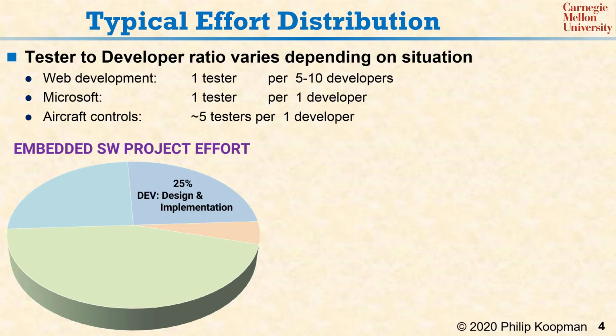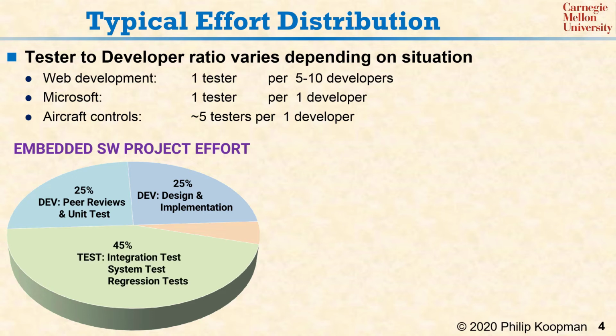About 1/4 of the labor hours charged to a project are spent by developers doing requirements, architecture, design, and implementation. Another 1/4 of the labor hours gets spent by developers doing peer reviews, unit tests, tool development, and bug fixes. About 45% of the effort is spent by testers doing various types of testing, creating testing infrastructure, and generating bug